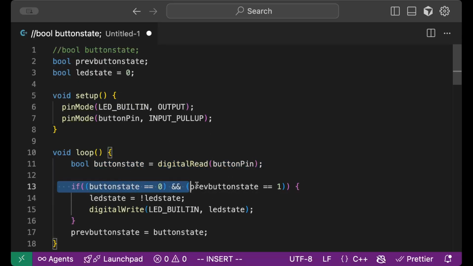However, like I mentioned, this statement is confusing. This right here is: is it pressed? And this is basically: has it changed? Like, the last time around, was it not pressed? So like just this, but this doesn't read right. It doesn't read like it should. So let me show you what I would want to have in place.